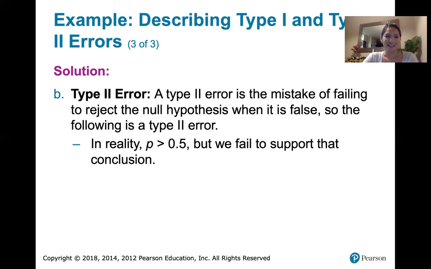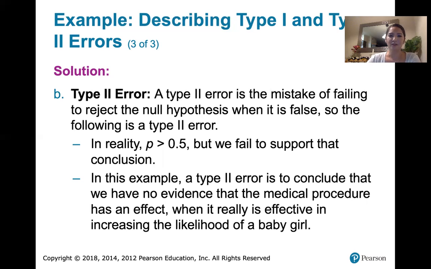So in reality, the probability of having a girl when using this treatment is greater than 0.5, but from the data that we have, from the sample proportion that we have, we cannot warrant rejection of the idea that the true probability of having a girl when using this procedure is 0.5. Or in other words,